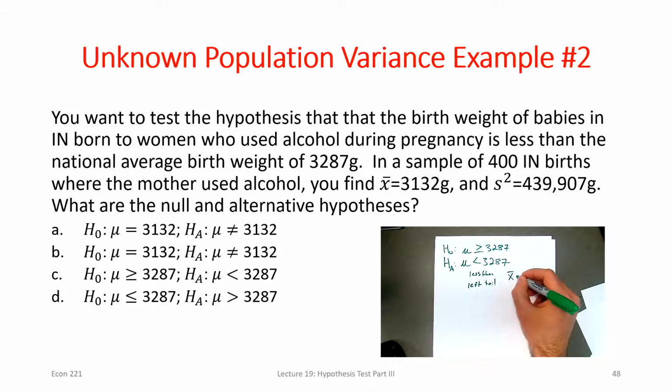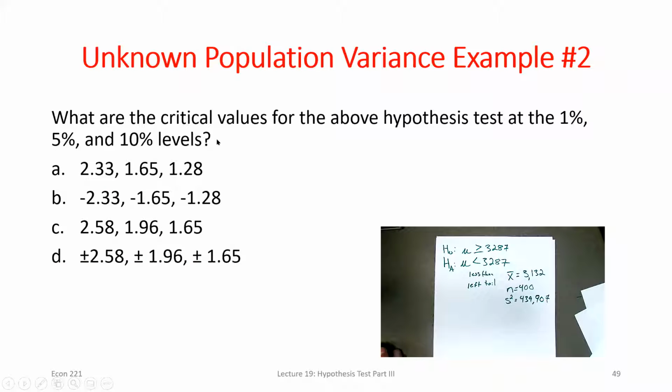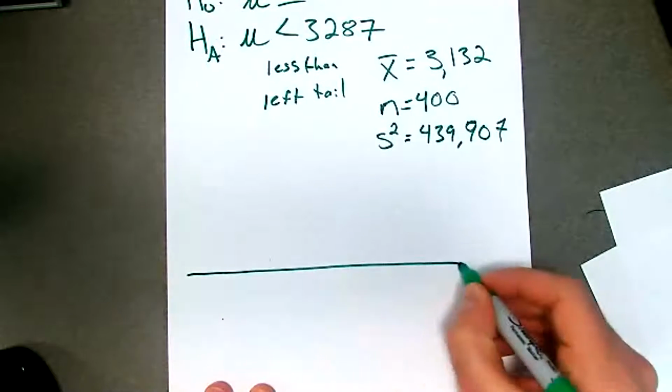Just some other things we were told: the sample mean we found was 3,132. Our sample size was 400 births, and our sample variance was some big number. So we just write that down, what we were given, just to make this easy. We already identified the null and alternative here. So we've got this left-tailed test. What will the critical values be? So this one I'll plot out for us. So what I want to find,